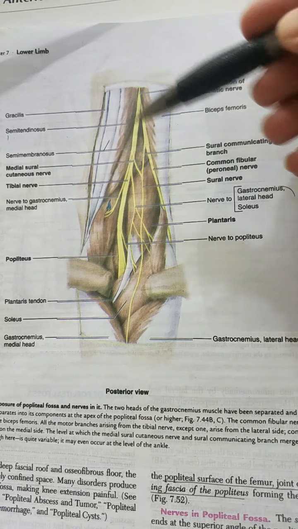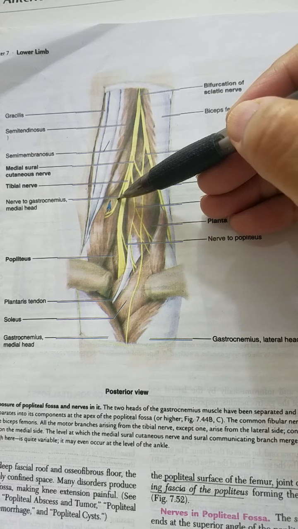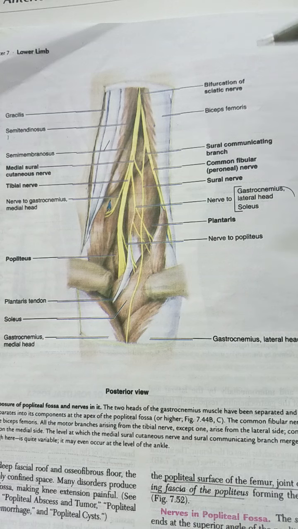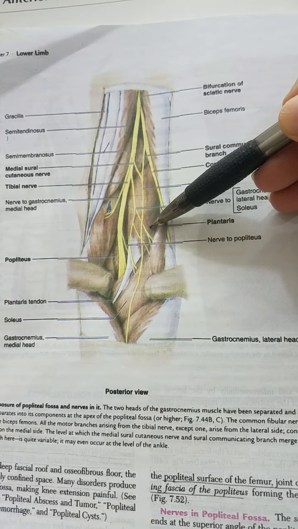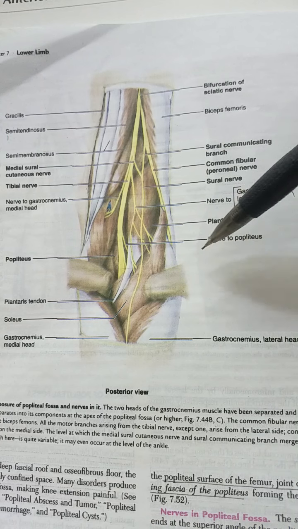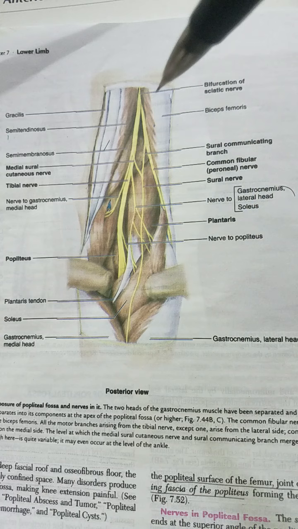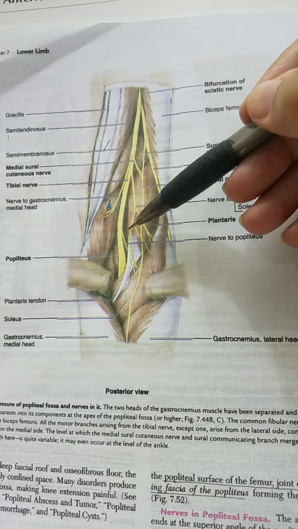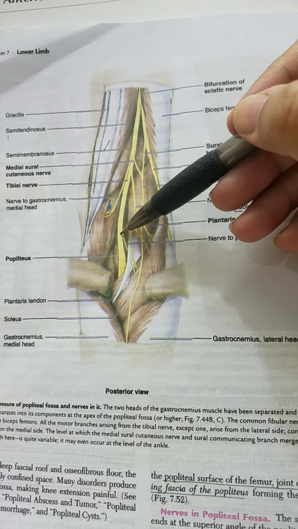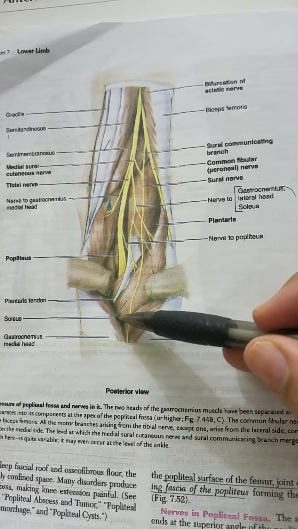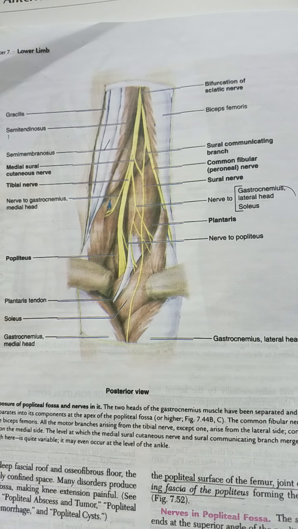We'll talk about all of these muscles later, but here you can see this is a branch, a nerve going to the gastrocnemius muscle, the medial head of the gastrocnemius muscle. Then here you have the plantaris muscle, so it's going to supply this as well. The nerve to popliteus, a triangular muscle I told you about just now, deep to all of this would be the popliteus. So a branch from the tibial nerve goes to supply the popliteus muscle as well. Along with that, the soleus. So this is the soleus muscle, and this is also supplied by the tibial nerve.